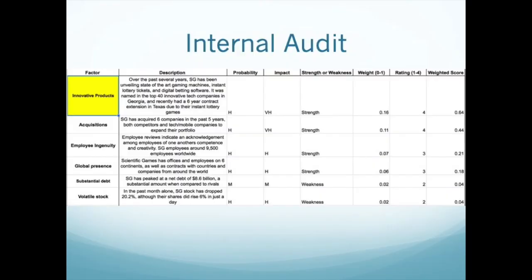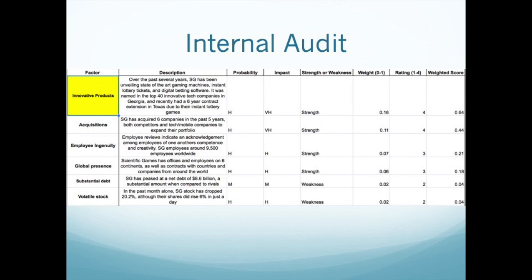We first begin with the internal audit, which studies the firm's core competence, distinctive competence, and competitive advantage. In this regard, we decided that Scientific Games has 4 main strengths: innovative products, acquisitions, employee ingenuity, and global presence. However, for this video, we decided to focus on the 2 strengths that had the highest weighted score, which were